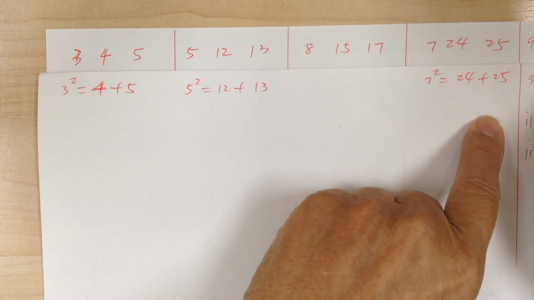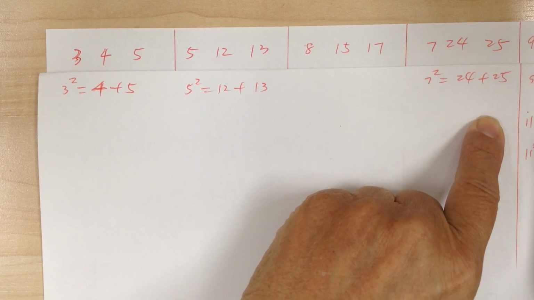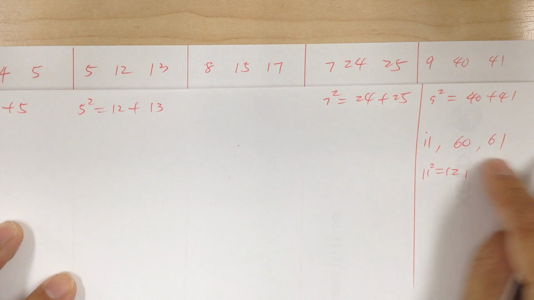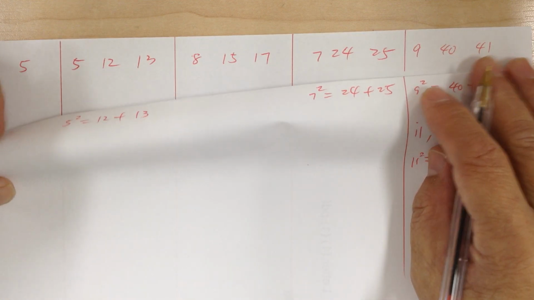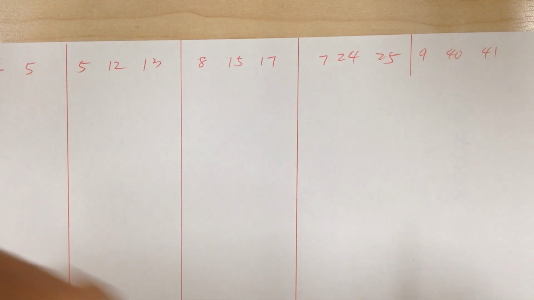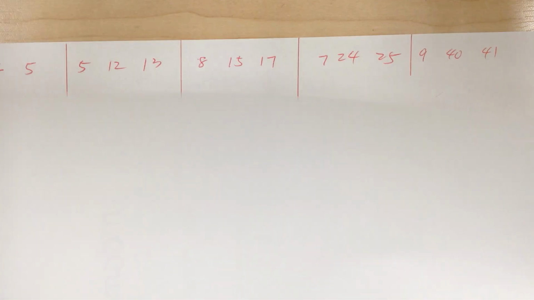So the other two numbers would be 60, 61. Okay, so the pattern can continue. Again, that's an interesting fact about that. Also, another thing that you can learn about this is that